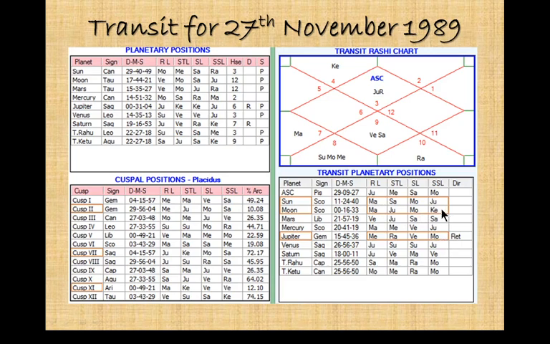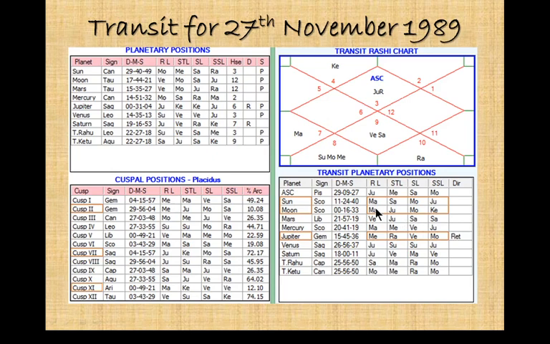Then Moon in the sublord of Ketu. Ketu is Jupiter, Saturn. Jupiter and Saturn both in 2. Then Jupiter and Saturn both in 7 also. So 2 and 7 getting stimulated. Then we have to study Jupiter. Jupiter we have already studied, Moon also we have studied, Mars also we have studied. So all the planets we have studied.